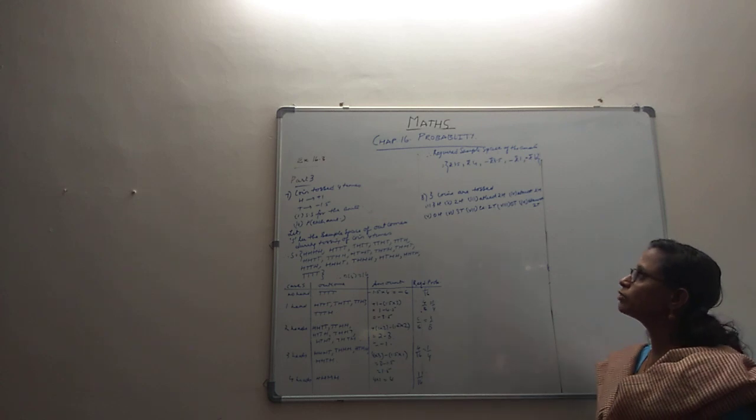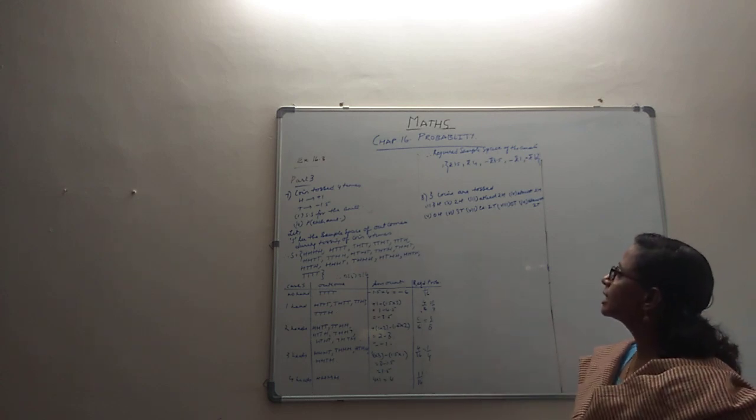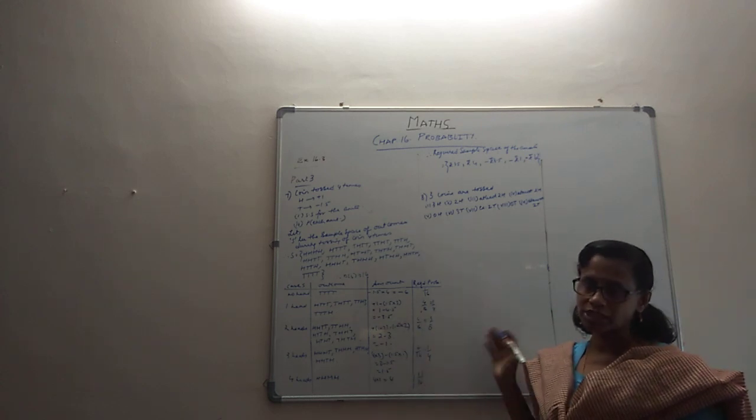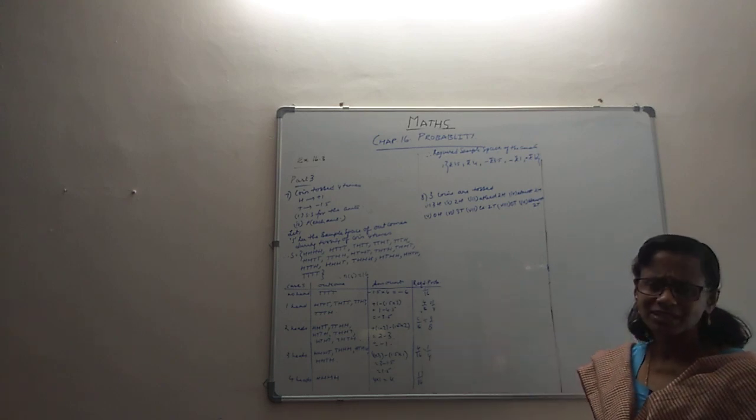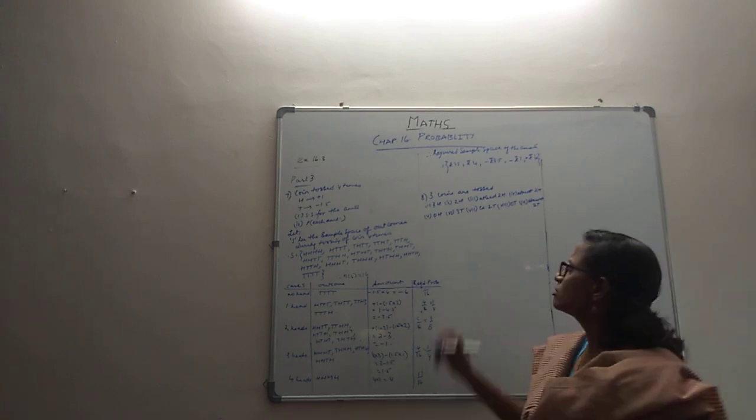Then we are moving quickly to problem number 8. It says that 3 coins are tossed. There it was 4 coins, now we are tossing 3 coins, and then you have to write all that. So let's start directly because there's nothing new, we have done it, right? Let